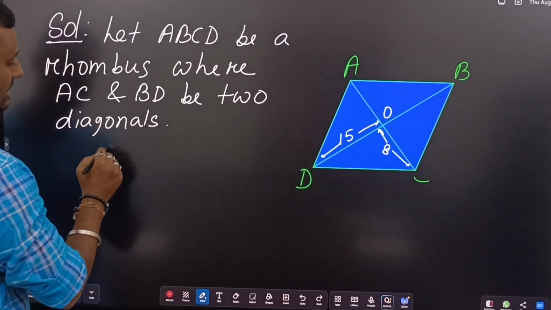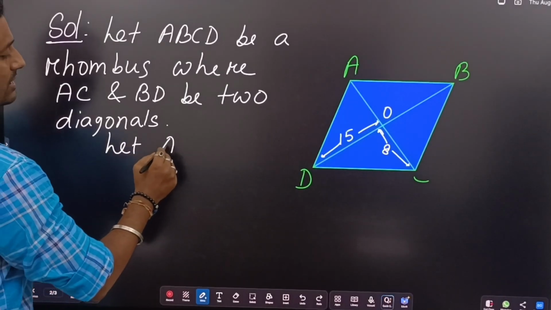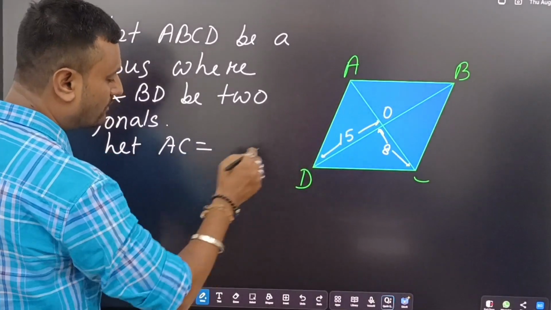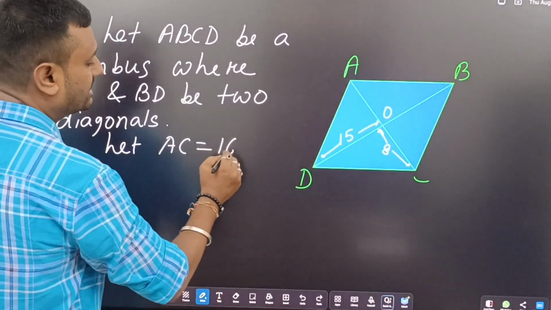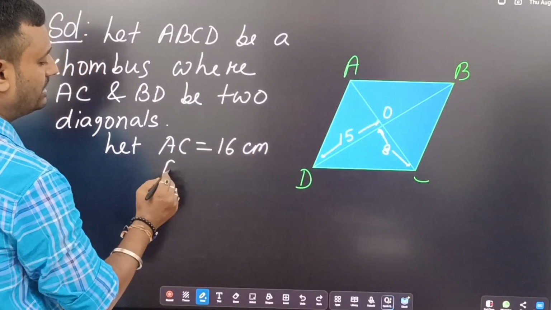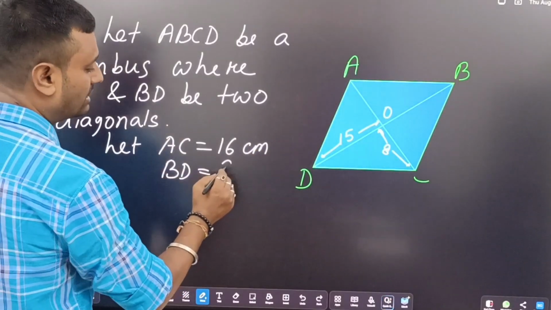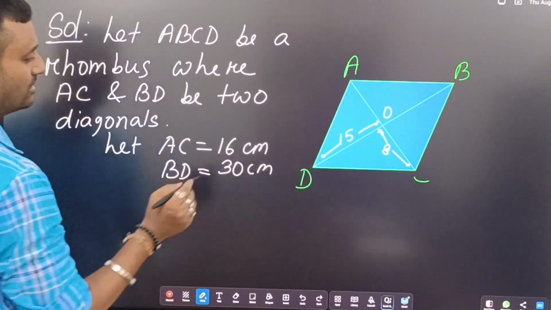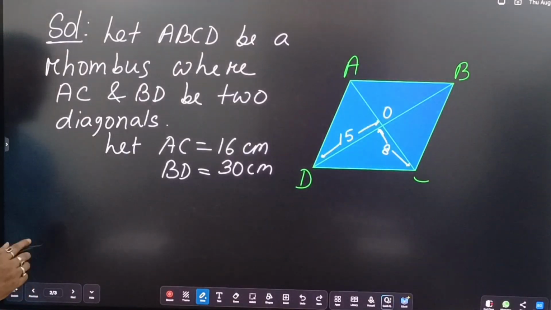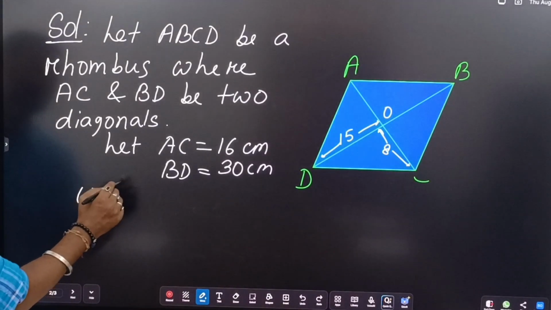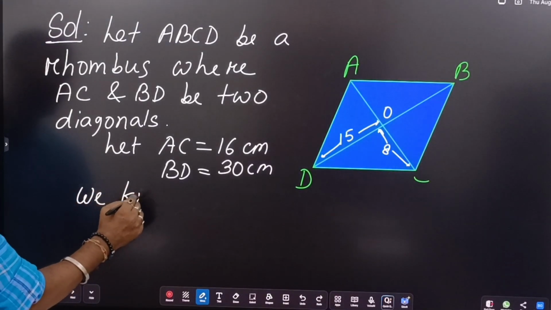Okay. So let AC equal to, we have taken the smaller one, AC equal to what? 16 centimeter, and BD equal to what? 30 centimeter. Okay. Clear? After that you have to write, we know that diagonals of a rhombus